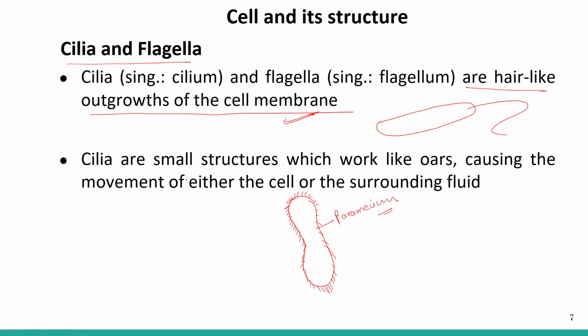Cilia are the small structures which work like oars, causing the movement of either the cell or the surrounding fluid. So here, in the case of Paramecium, this is the gullet, or you can say the mouth. So what happens when these cilia rotate? All the surrounding water near the gullet, having some food molecules, makes its way so that this food molecule